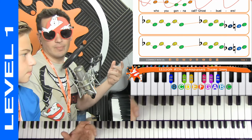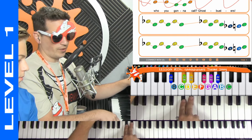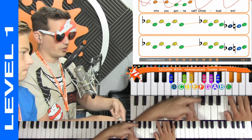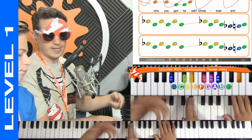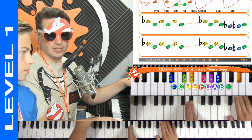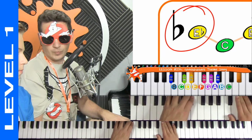Now, let me show you this next part. It's I think the most fun part to play. It's also the easiest part to play. You remember at the beginning we found a group of 2 black notes, right? Go ahead and find that group of 2 black notes again. And then we took the one on the right, right? And then we dragged it up. We're not going to drag it up this time. We're just going to actually use that note. That's the note that's slightly lower than E. So that is the note that is called E flat. We want that one and the